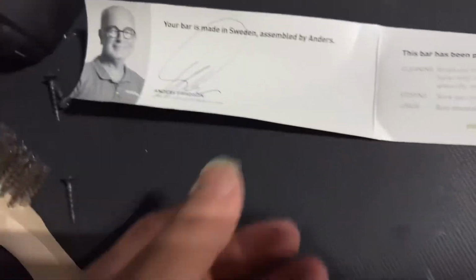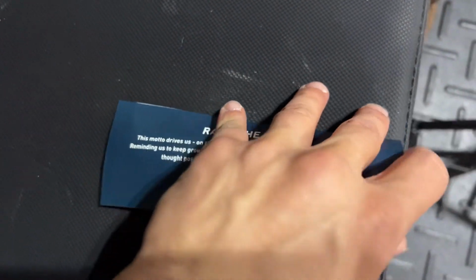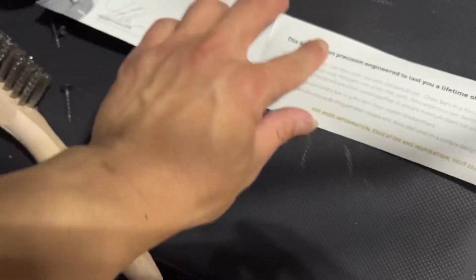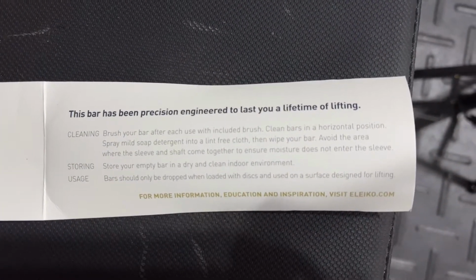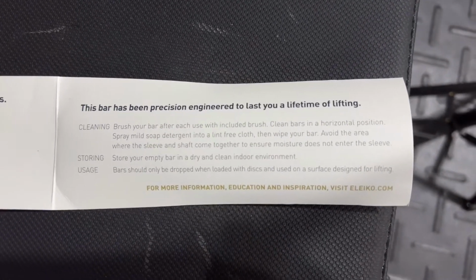So here's a little pamphlet that came with it. That's pretty cool, and just some care instructions for the bar. So that was pretty cool. Y'all check that out. It says brush your bar after each use, which is quite unique because I don't